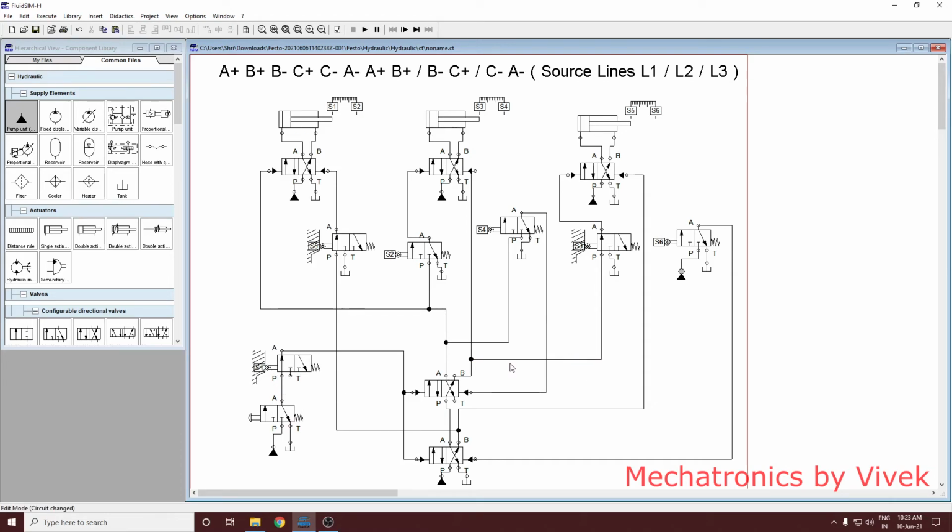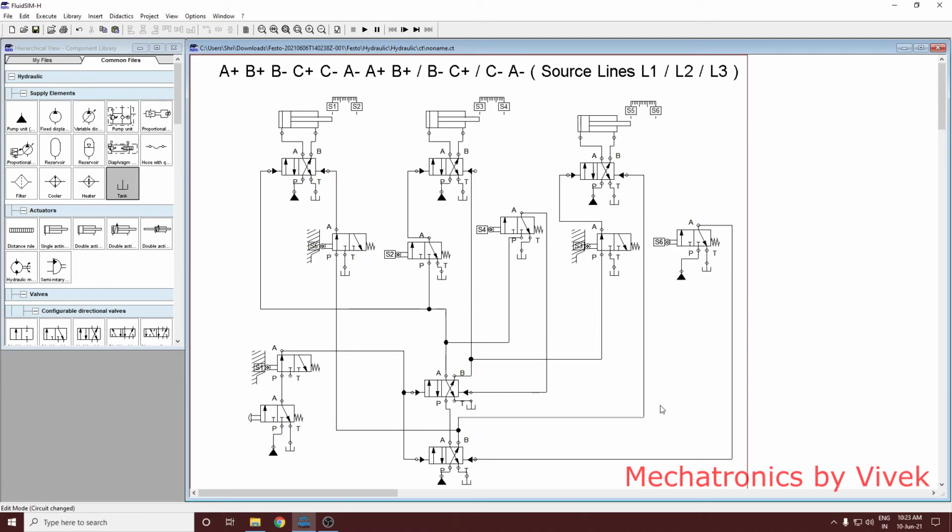Okay, now I think we are done with. Now yeah, there is one tank required here. This you can drag a little. Okay, now you are done with the circuit.